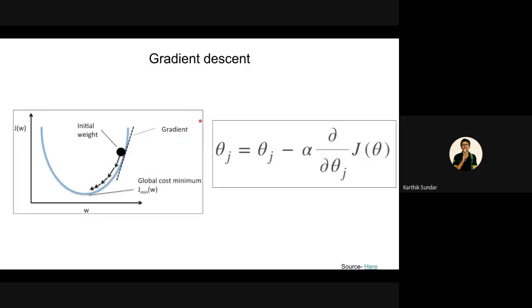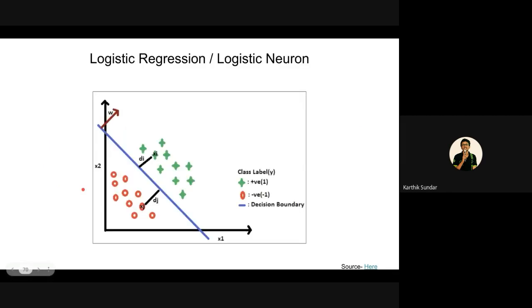The proof of gradient descent is too detailed, and that's why I avoided it in this lecture, because it's an introductory course. The proof actually falls into Taylor's theorem. When you extend Taylor's theorem with gradients, you will get gradient descent. But what you need to understand is that there is some loss function and some initial weight. What the gradient descent algorithm does is make sure that you find W in such a way that the loss is decreased. So that's what gradient descent is.